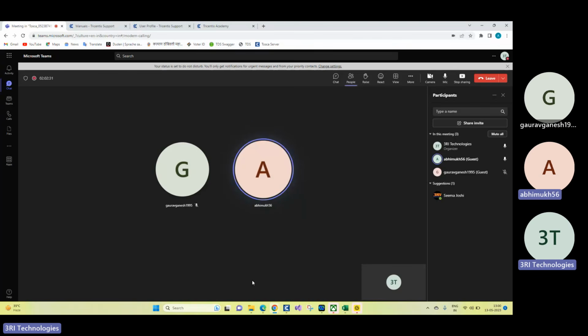Yes. So for Abhimuk, it will be locked. As in, you are currently working on it, so Gaurav can see, if he also opens the same workspace, he will see the same folder in red color. For you, it will be green color. After I check in all, then he'll be able to work, right? Yes. After doing check-in all, he will be able to see, and he can modify it also.